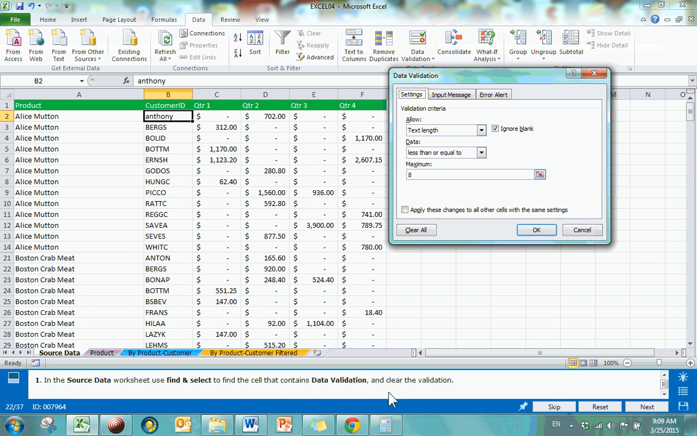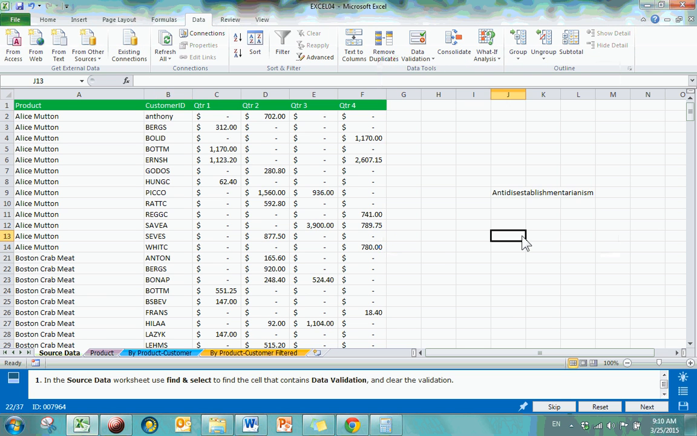Well, in this problem, the second part of the instructions say clear the validation. So you're going to make sure you're still on B2, open validation, and you just click clear all. And that's it. You've done it. Be sure to click OK when you're done, and that's how you do this problem. Let's look at